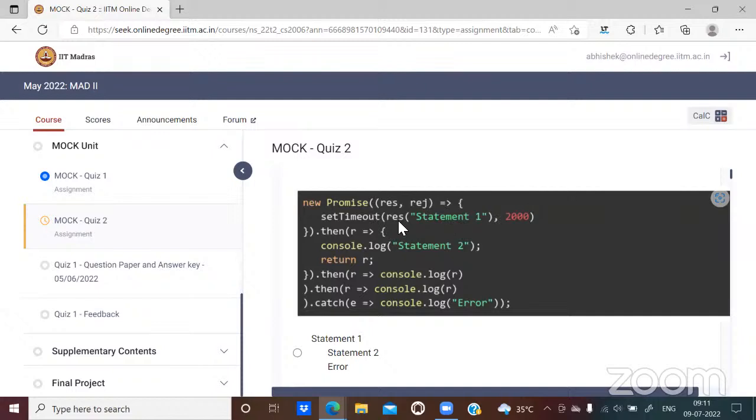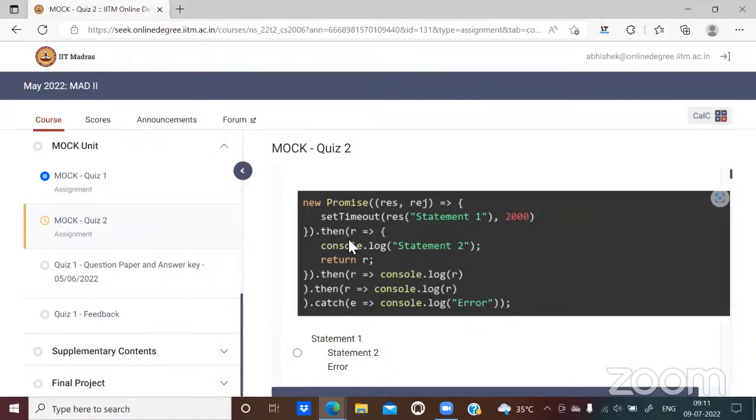Now again, please note here that we are resolving this promise. What is RES? RES is the first parameter, or the first argument, given to this promise constructor. And as we have already discussed, the first position in the promise constructor would always be given to the resolve parameter. So that means the promise will get resolved with the value statement 1. Now we have written a chain of then or catch blocks here in order to handle the fulfillment or the rejection of the promise. Since this promise has been resolved, catch won't come into play until and unless we explicitly generate an error.